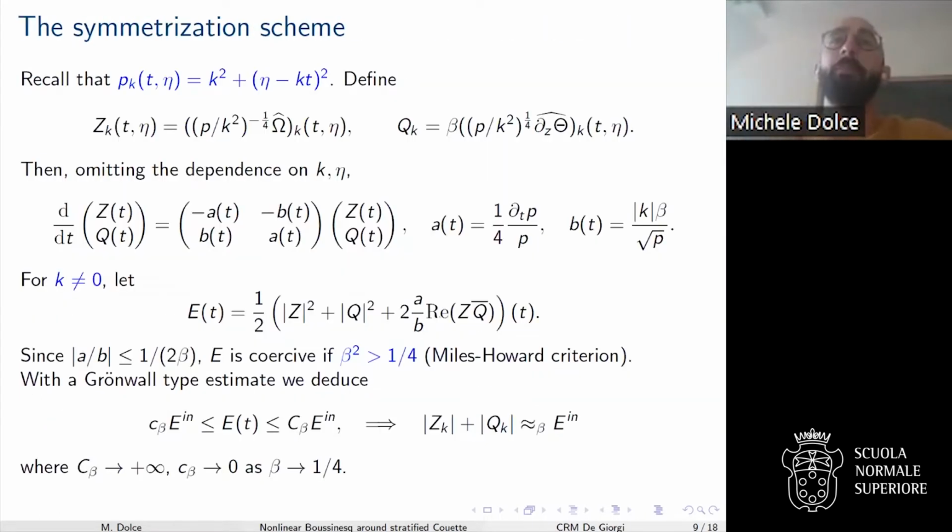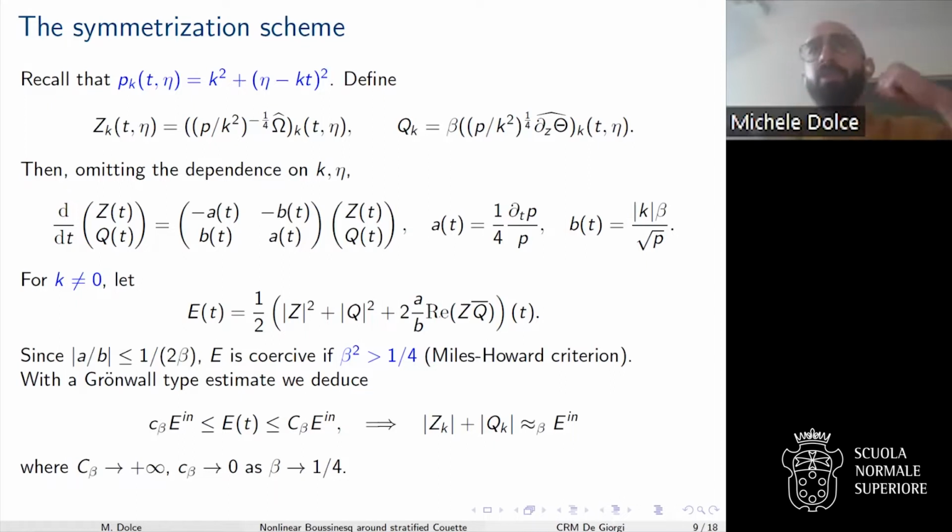Now, how can you guess why exactly this power, with this exponent? Well, if you for a moment think of P as being just T squared, here I'm trying to control a quantity which is like omega over square root of T, and this theta multiplied by square root of T. If we are able to prove that those quantities are of order 1, then I'm showing that omega grows like square root of T, and theta decays like 1 over square root of T. How to prove this kind of bounds, which I just told you?